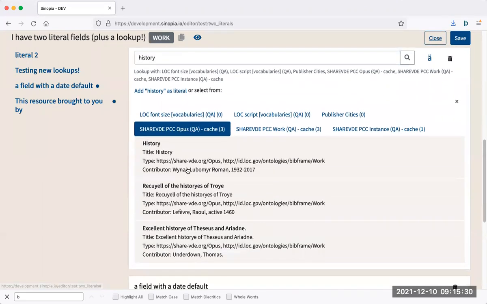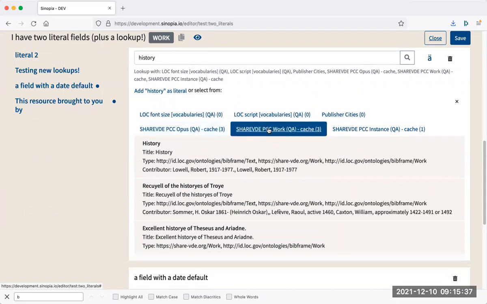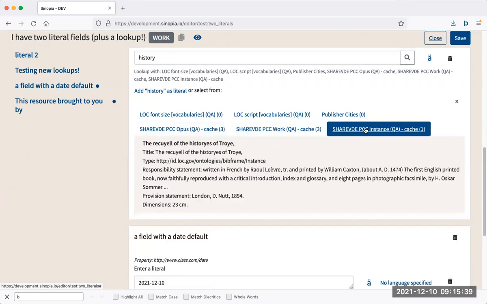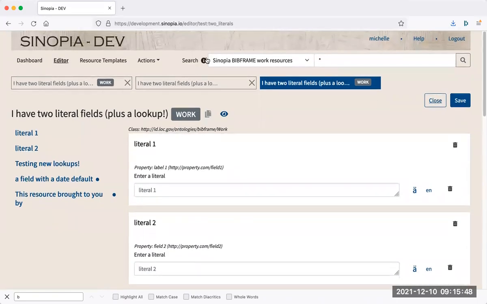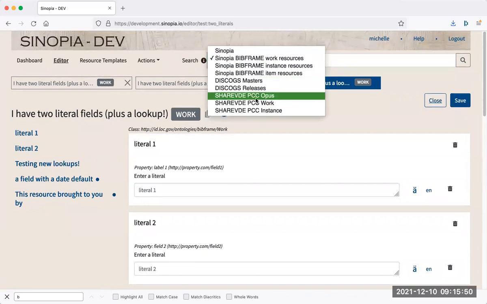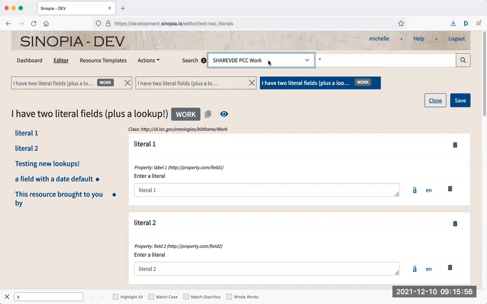And it's important to note that right now, this is only a subset of an eventual PCC data pool, and it only includes the Stanford data set that Share-VDE has recently converted. But it is here for lookups and it is here for searching. You'll see there's 3 new items on the search dropdown. And again, they say PCC, but this is just an initial subset that includes Stanford data. So when you search there,